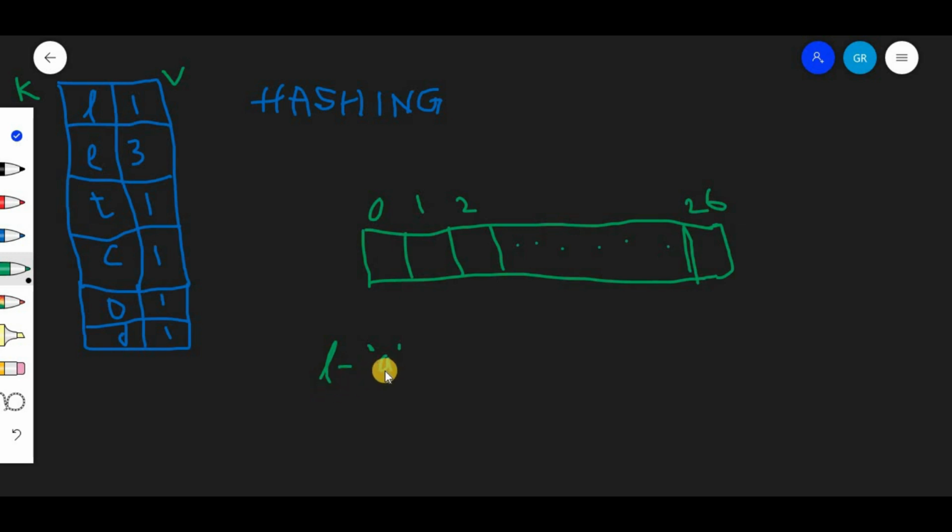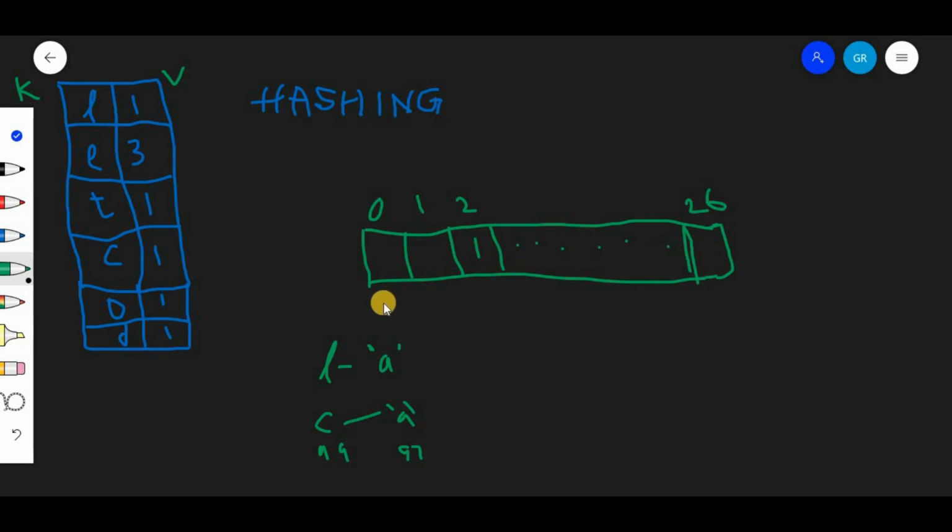So let's say if it is C, C minus a: the ASCII of a is 97 and of C is 99, so we will get 2, and at that position we will increment it. Initially it will all be 0, we will increment it to 1.